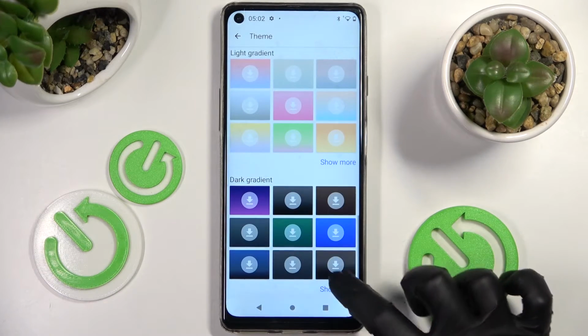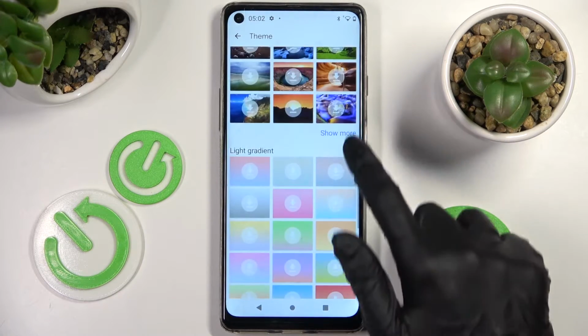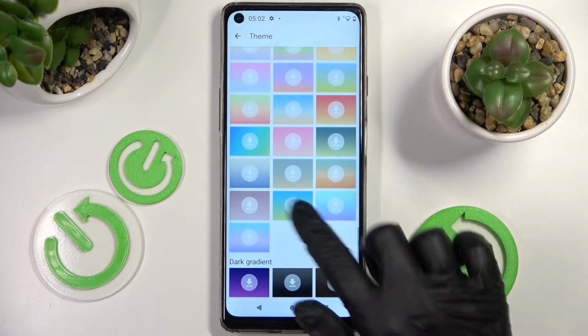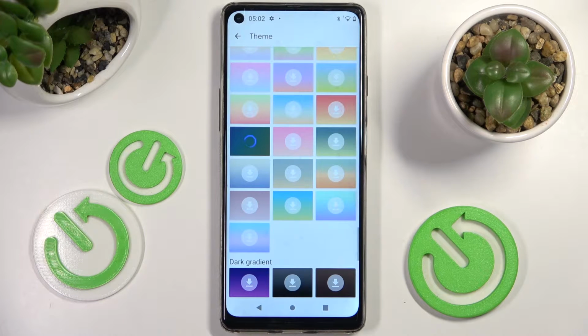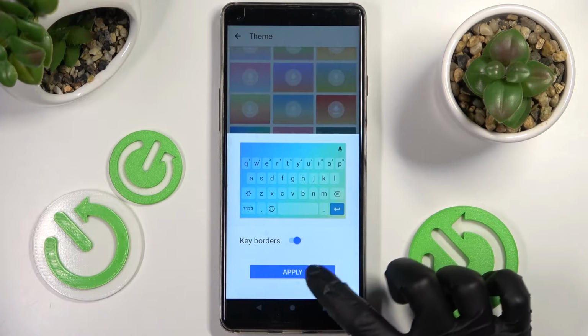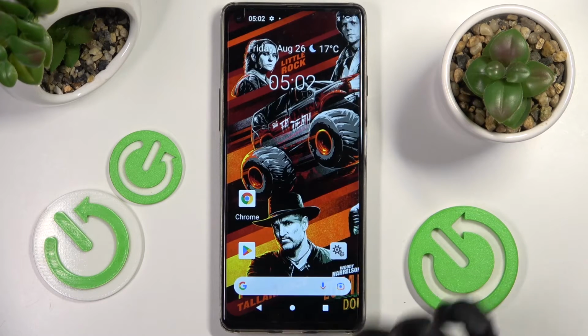Then choose Show More at the bottom right corners to see all available options and tap on the best one for you. I will go with that one. Now you can manage key borders by tapping on this switcher and apply your keyboard by choosing Apply. As you can see, when I go back, theme of mine